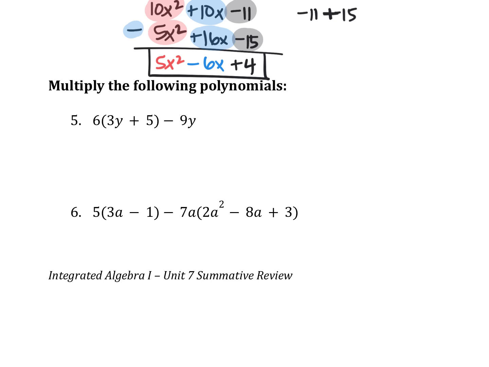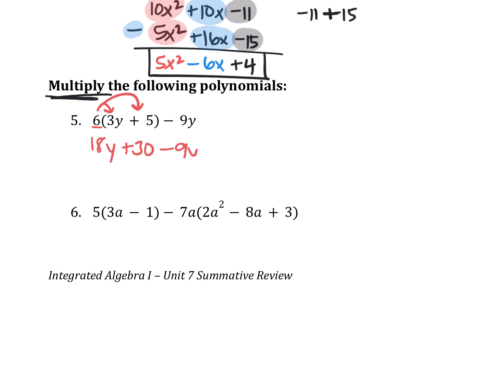Okay, so for number 5 and 6, we are multiplying the following polynomials. So let's go ahead and multiply these out. So I'm going to take 6 times 3y to give me 18y, and 6 times positive 5 to give me positive 30. I'm not going to distribute the 6 and the negative 9 because it is not included in parentheses,